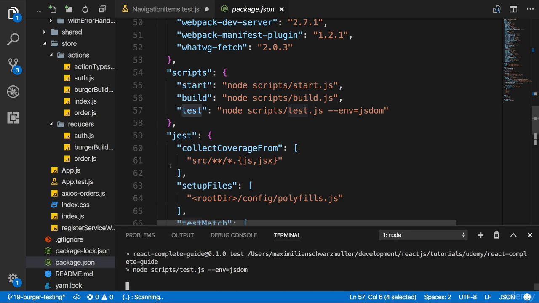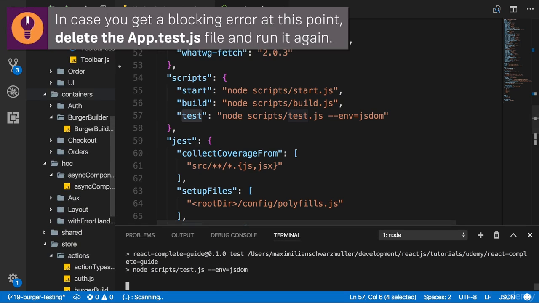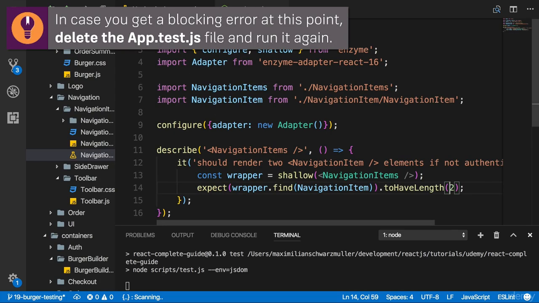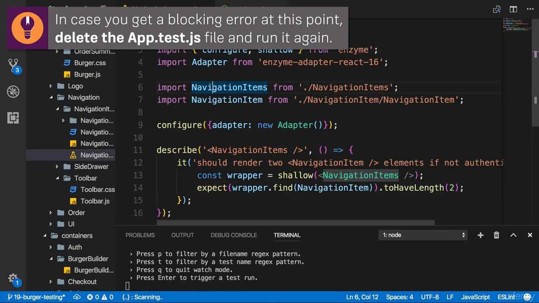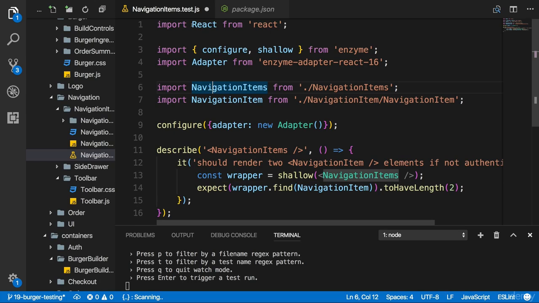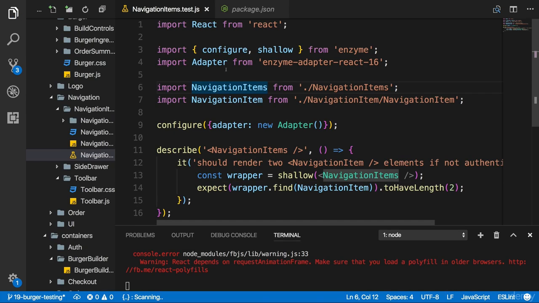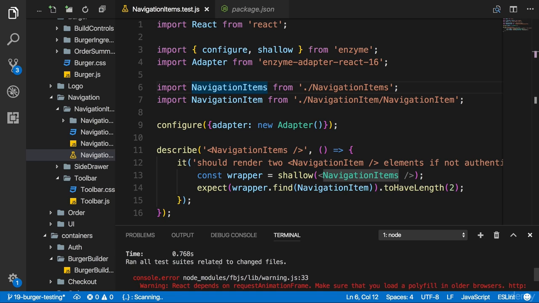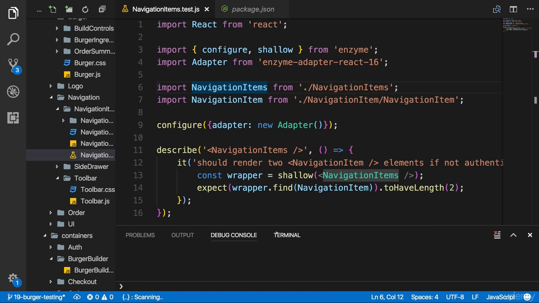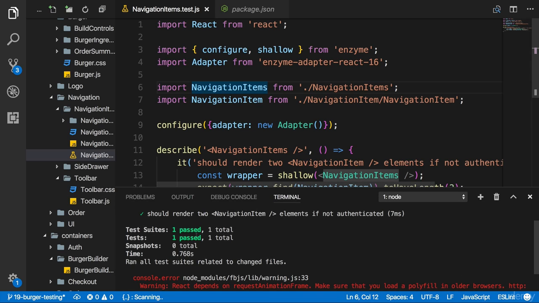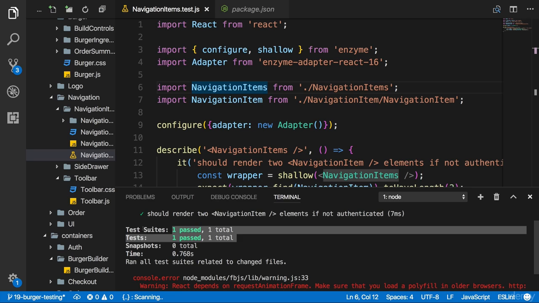This will now execute all the tests and it will automatically scan for all tests files by looking at the ending, test.js. Now I never saved this file, so I should do so now. This will then automatically rerun our tests, it's watching the test files. This warning regarding the polyfill can be ignored. More interesting is, if I expand this, that we have one passed test suite.